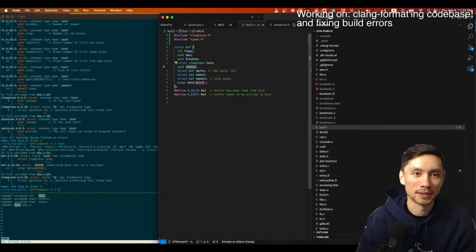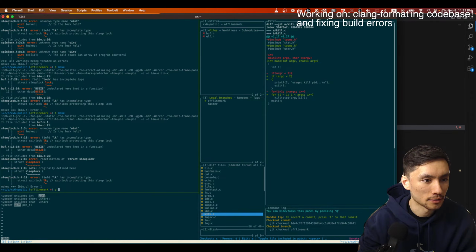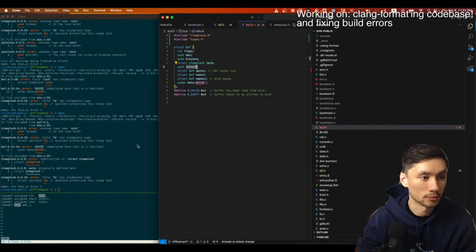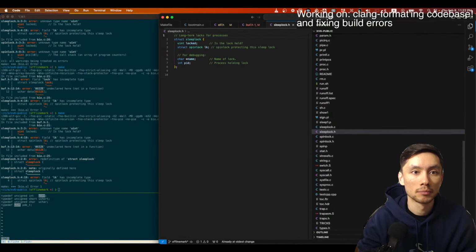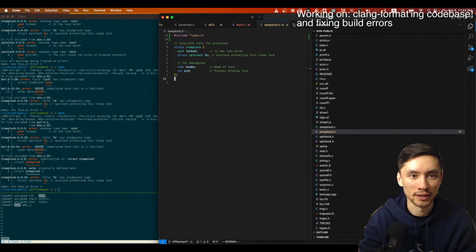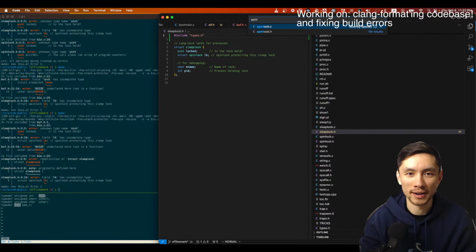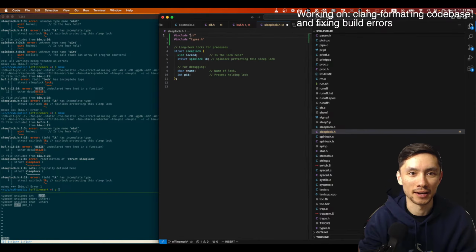Anyway, let's get back to work and fix these issues. We are making progress, solid progress. Basically, I don't know what happened or why this worked before, but for some reason they just never declared any of their includes for all this stuff, which is why it's failing left and right as soon as I clang-format it.